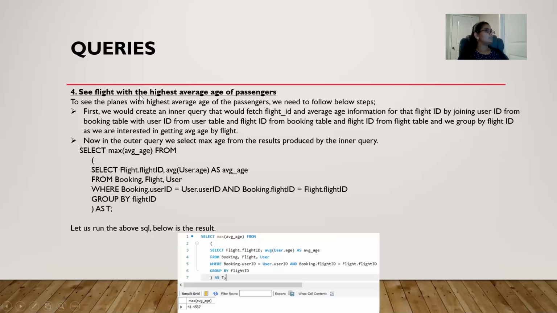The next query is to see the flight with the highest average age of passengers. To see the planes with the highest average age of passengers, we need to follow the below steps. First, we would create an inner query. This is the inner query that would fetch flight ID and average age information for that flight ID